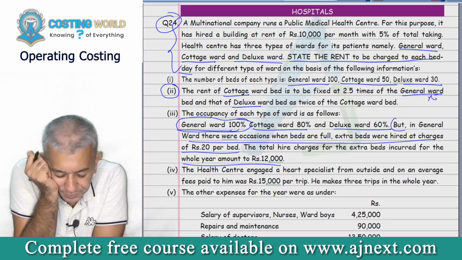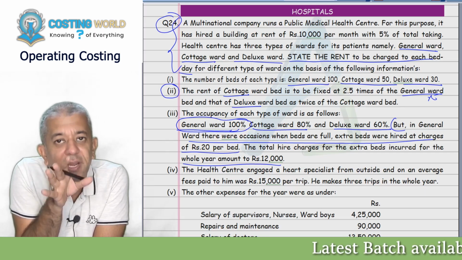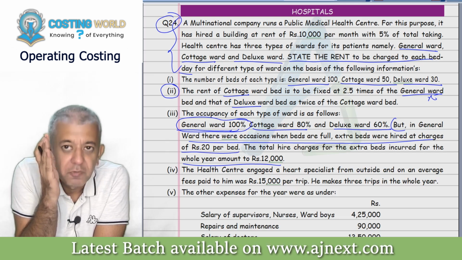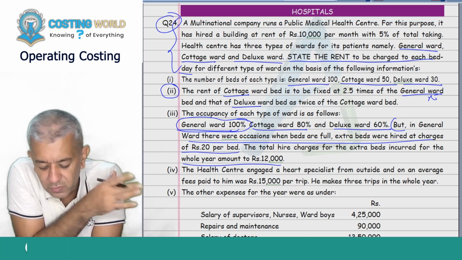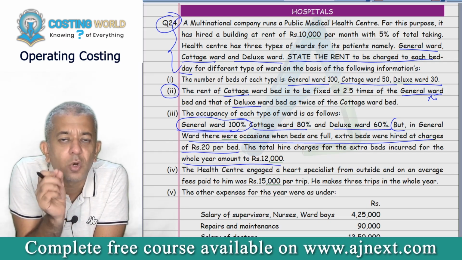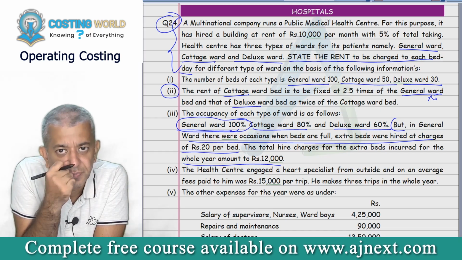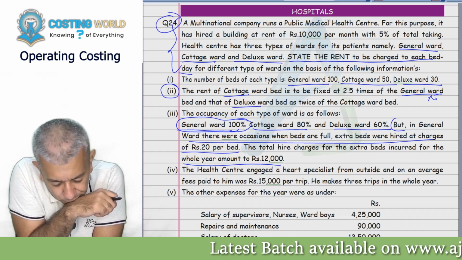Okay, see. Can we say there are two components of rent? One, we pay 10,000 rupees per month. That is one part of the rent. There is one other part of the rent that is 5% of the collections. Is that okay? So therefore there are two parts of rent as such. Okay. Now,